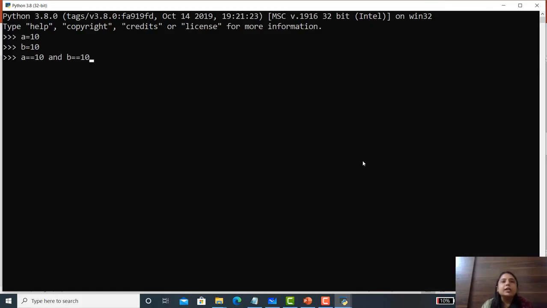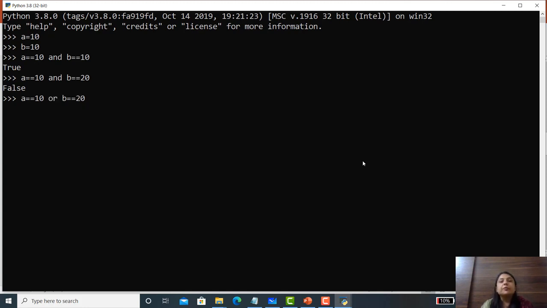A is 10 and B is 10, then it gives us true. Now if I write A equal to 10 and B equal to 20, one condition is not satisfied. Then the answer should be false.